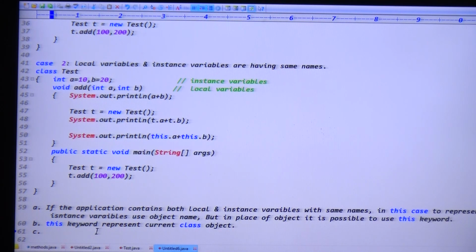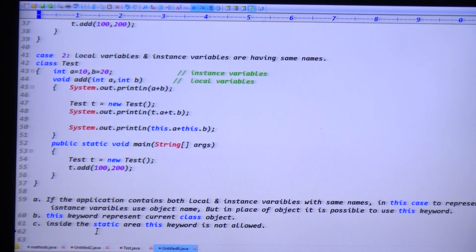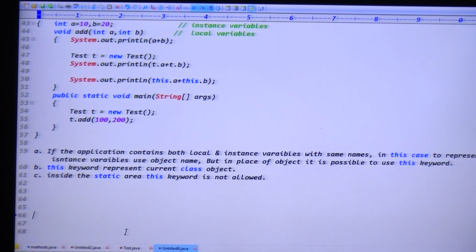And the third point: inside the static area, can we use the this keyword? Inside the static area, is the this keyword allowed or not allowed? Not allowed, right? Exactly. Inside the static area, the this keyword is not allowed. Guys, I hope you got the clarity, right?